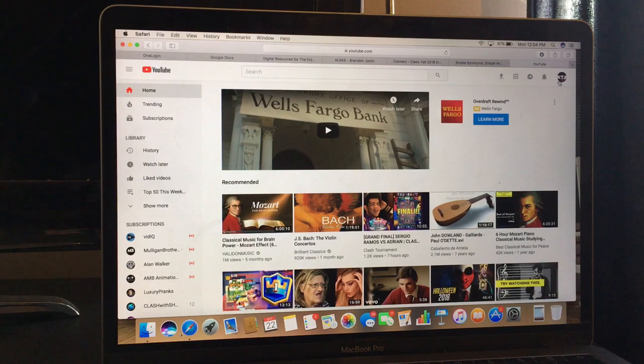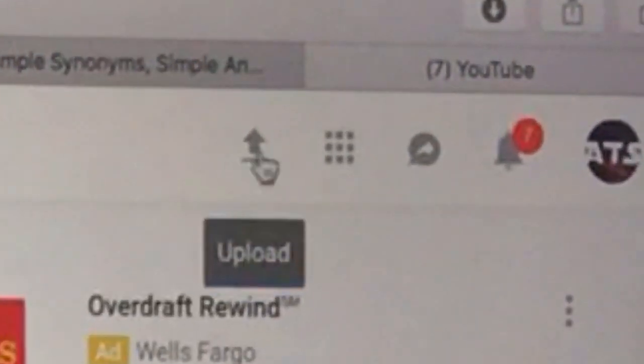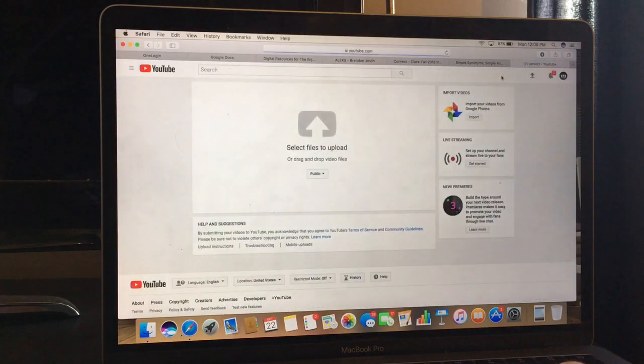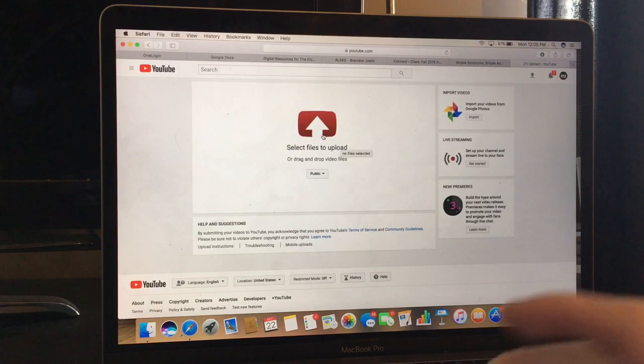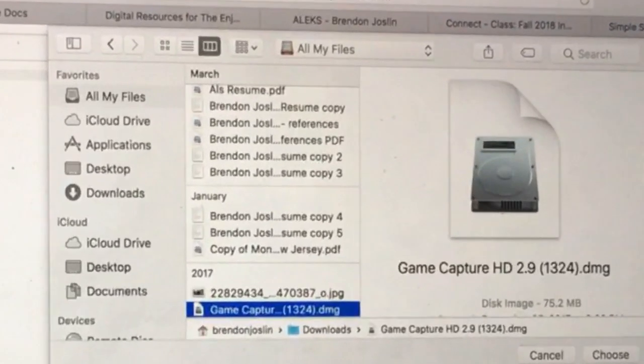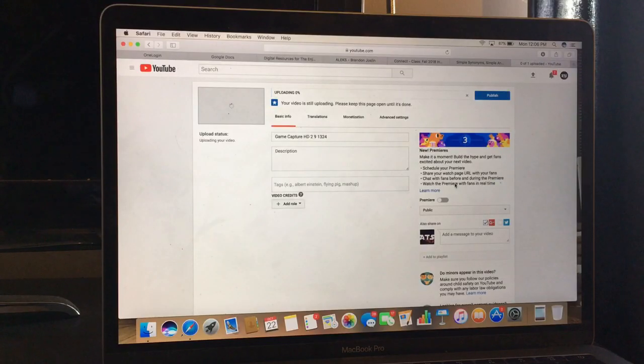Okay, so once you're signed in on the desktop version of YouTube, all you want to do is go over to the upload button, which is right here, and tap on it. And once you tap on it, you just want to select a file, tap here, and then select the video you want to upload. All right, so I just found this file right here, so I'm going to tap on choose,